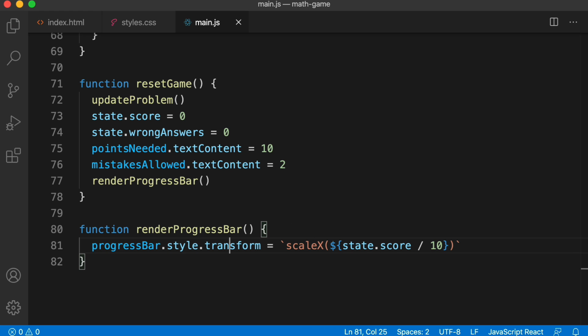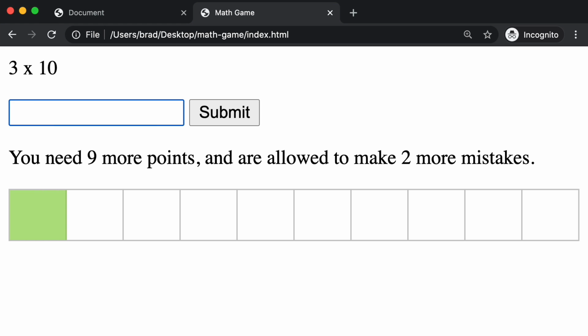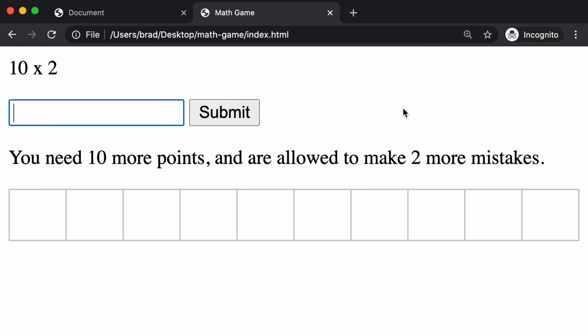Let's save that and test it out. So if I get a few questions correct, cool. But now if I get them wrong on purpose to reset the game, cool. Now that our animated progress bar is up and running, let's switch gears and let's focus on showing an